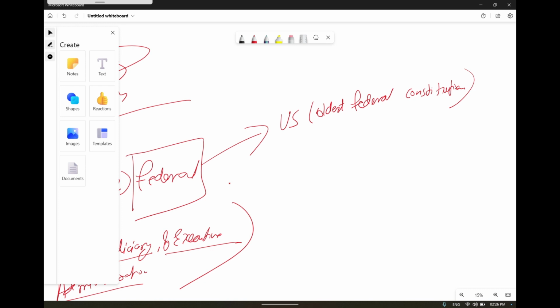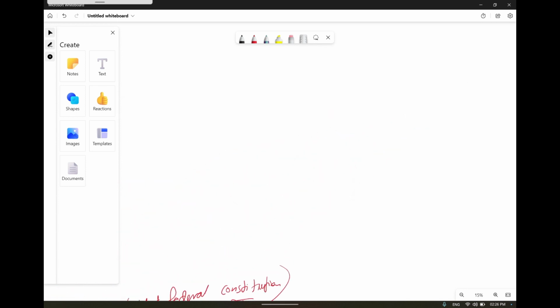If I give you a country name X and I ask whether this constitution is federal or not, you have to match the 5 tests for being federal, and those 5 tests are compared by seeing the US constitution as enacted. So what are the 5 tests? We'll just discuss it here. Okay, so 5 tests